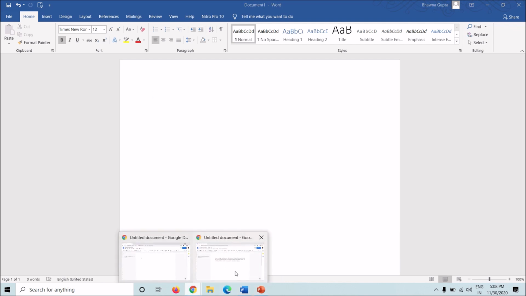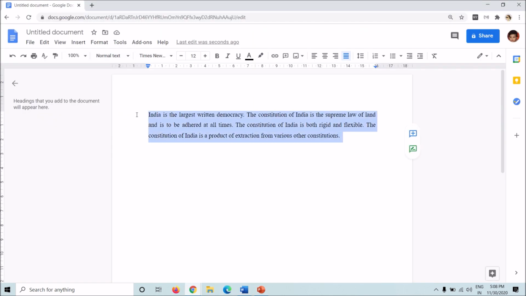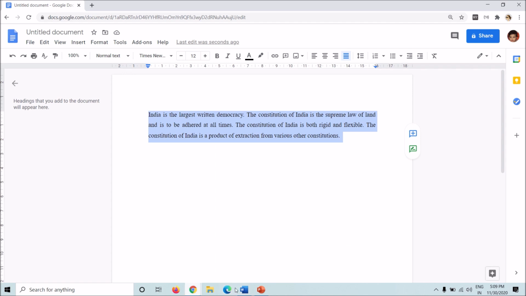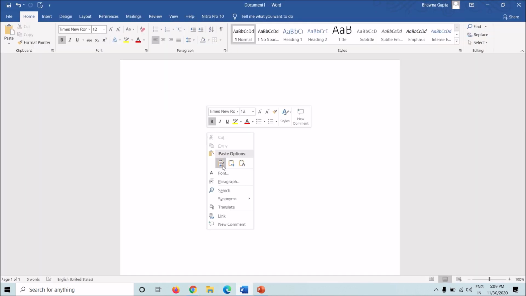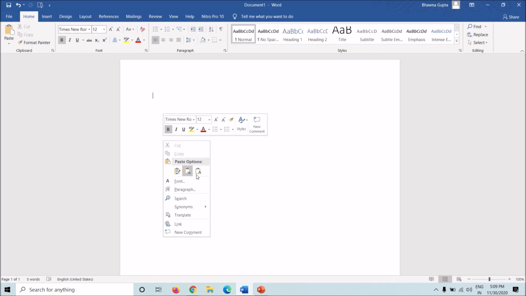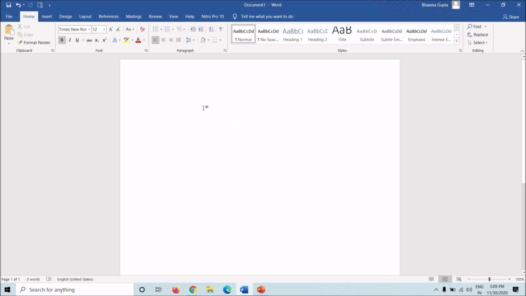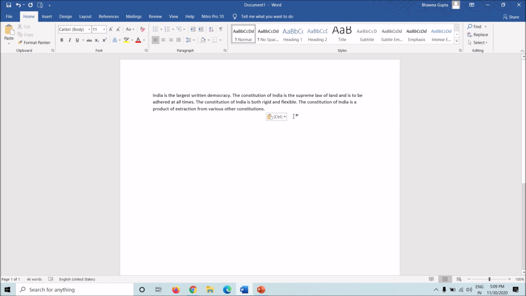So I'll just copy paste this paragraph in Word as well, so that it becomes a bit easier for you. So now, great, I can change the font and show you how it can be done in Word.